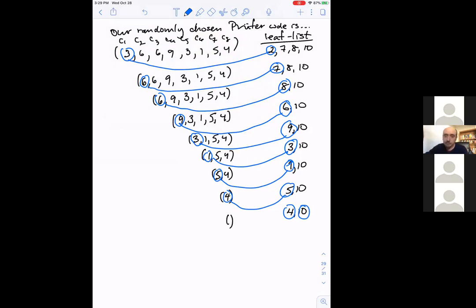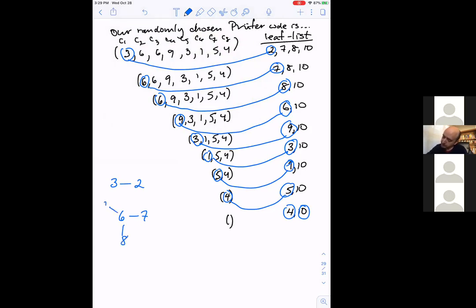And let's see whether this built a tree. Okay, so what do we got here? We've got an edge, the first edge is 3 to 2. I'm just going to do them in the order that they showed up. Let's see, 6 to 7, 6 to 8,